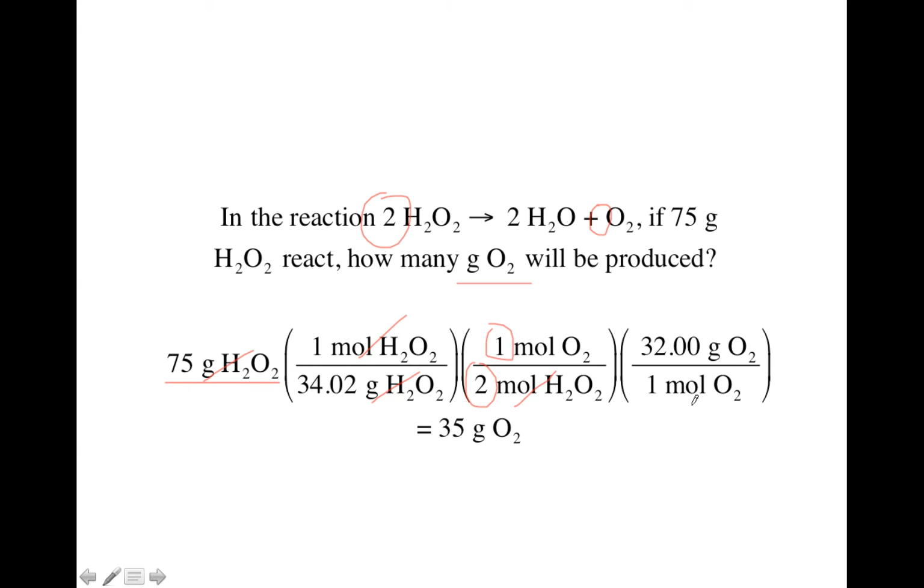Last step is to go to grams of O2 just using the molar mass. Just one thing to note, since it's O2, the molar mass is double the mass of oxygen on the periodic table. So at this point, everything's canceled out except grams of O2,